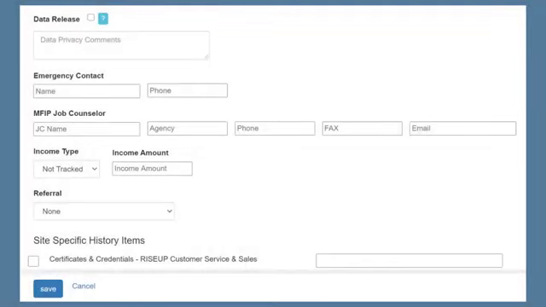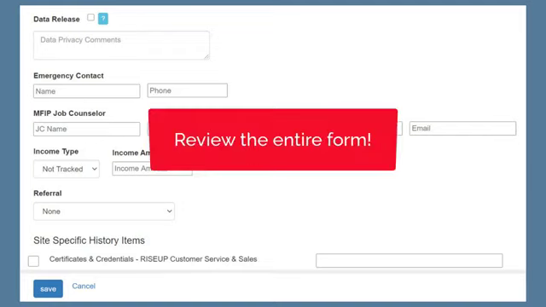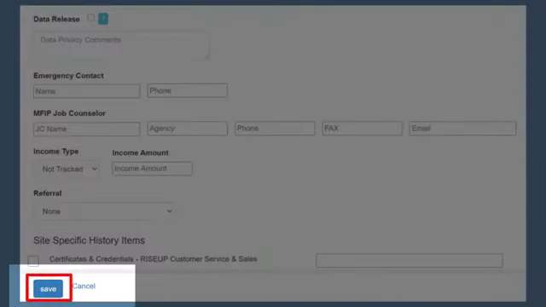The info collected in this section may not apply to students in your program. These fields are optional for state and federal reporting, but they may be required for local use. If you're not sure which of these fields are essential for your program, ask your manager. After you're finished entering, make sure you didn't miss anything. Then click Save.